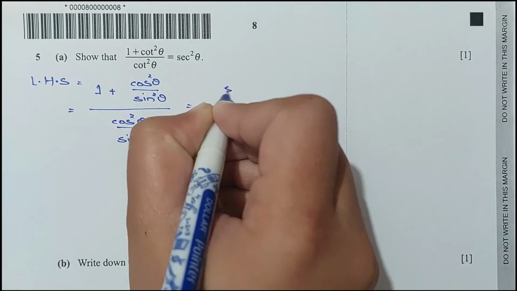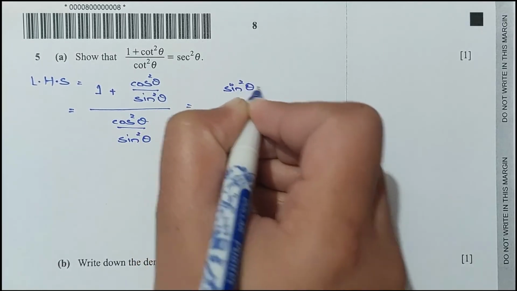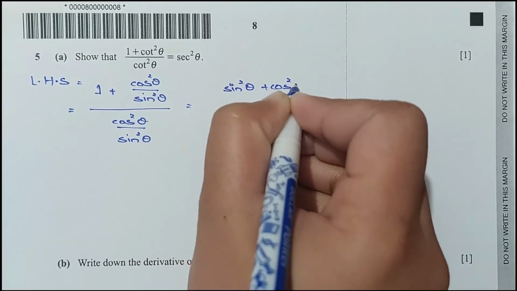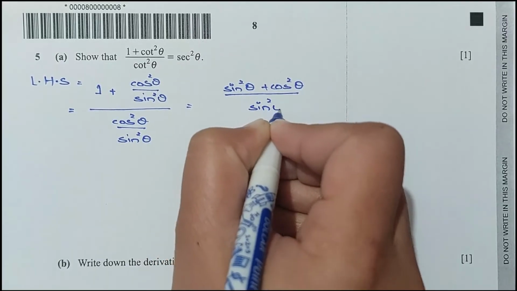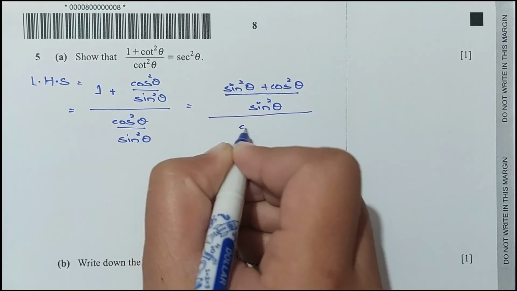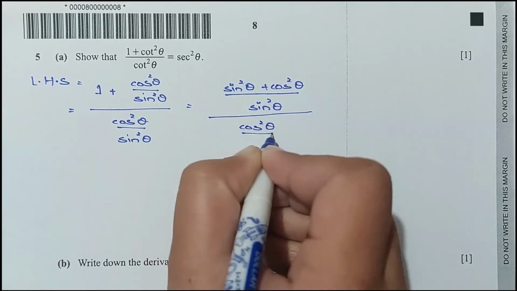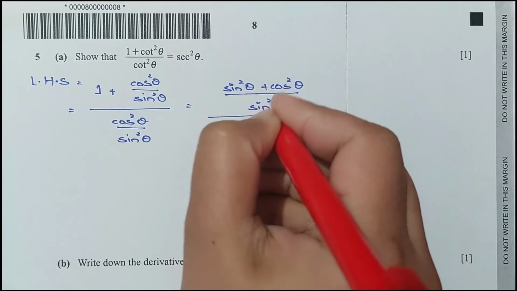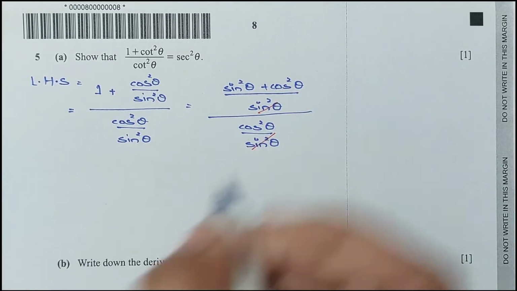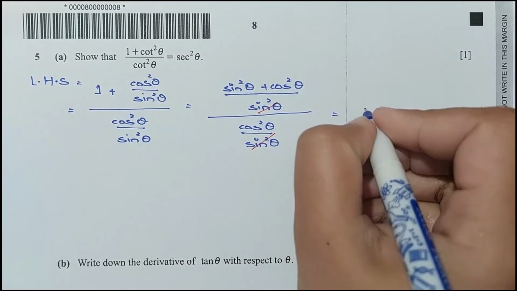From here we have sine square theta plus cos square theta divided by sine square theta, whole divided by cos square theta over sine square theta. The same denominators are cancelled out, sine square and sine square. So cos square theta,